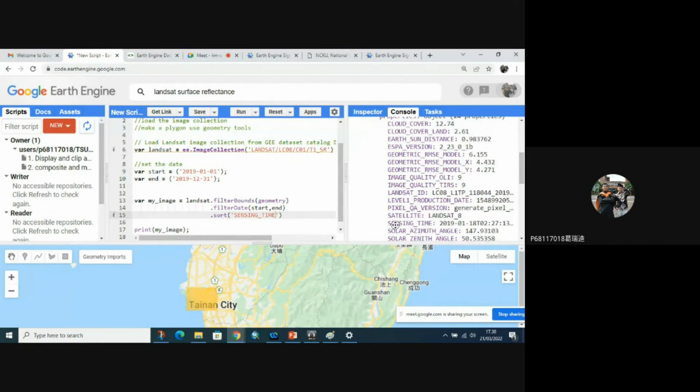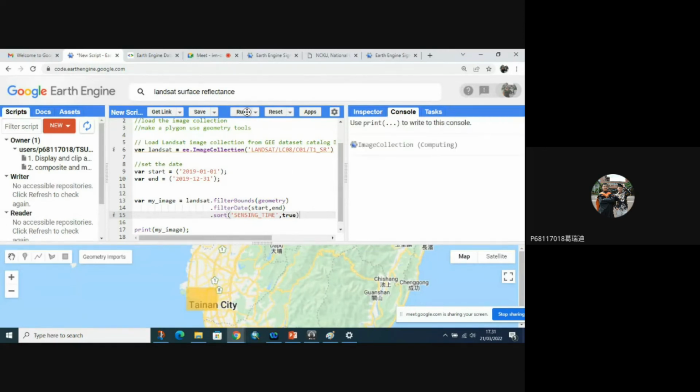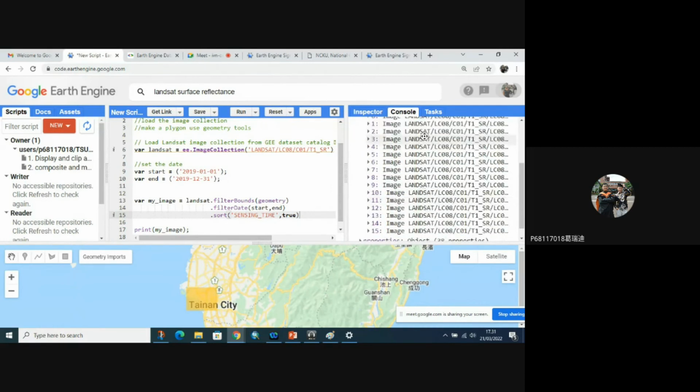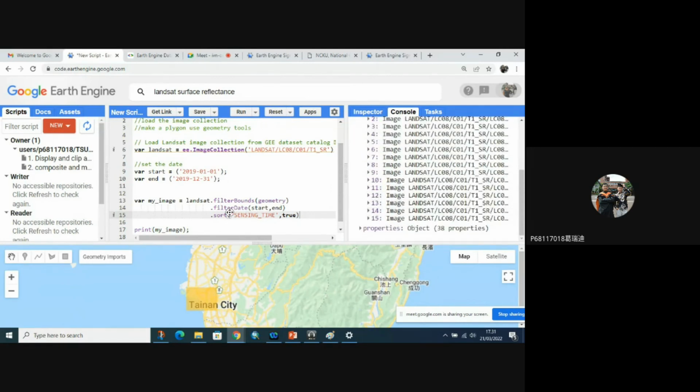Yeah, this one. We will sort through this attribute using sensing time. And run. The images will be sorted as you wish, the sensing time from January to December.